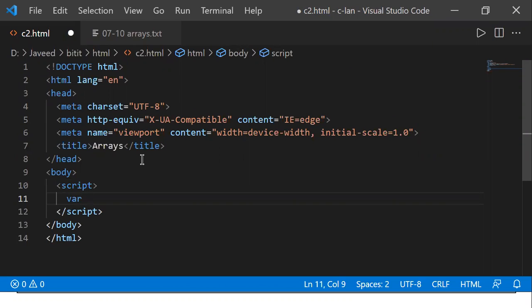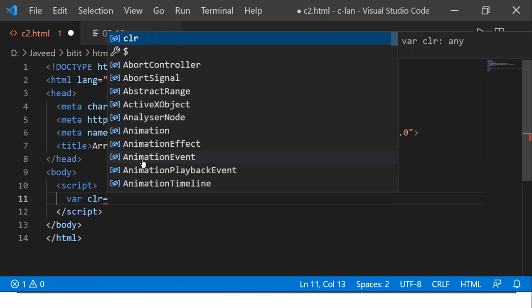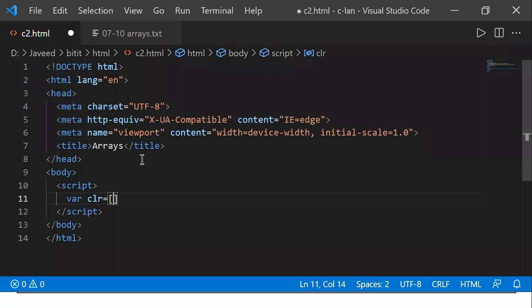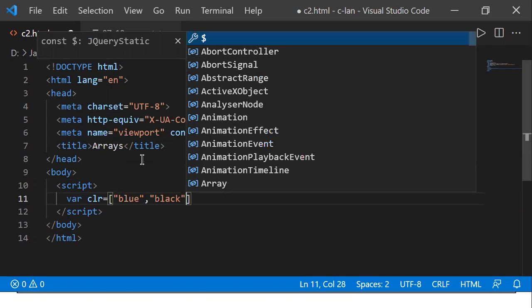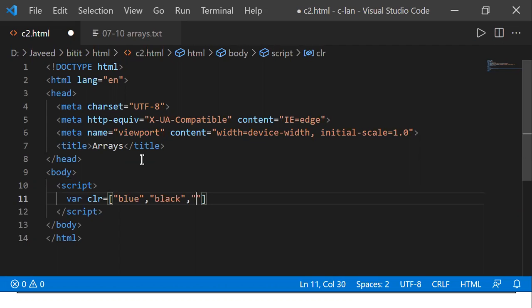We know that the var keyword is always optional for us, no issues in that. So I'm taking a variable clr equal to square brackets. Then I'm opening double quotes and putting some names of colors. Let's say blue, black, orange, some names of colors.